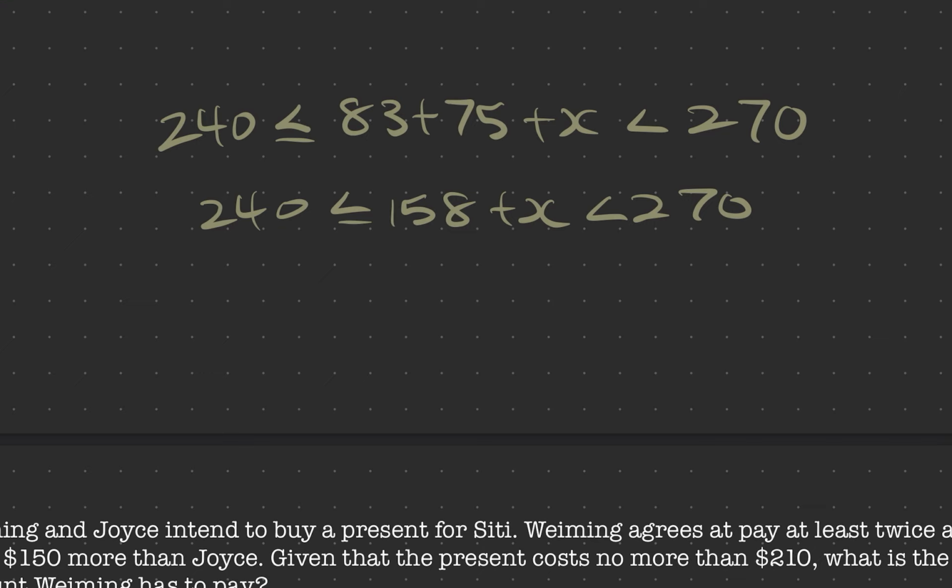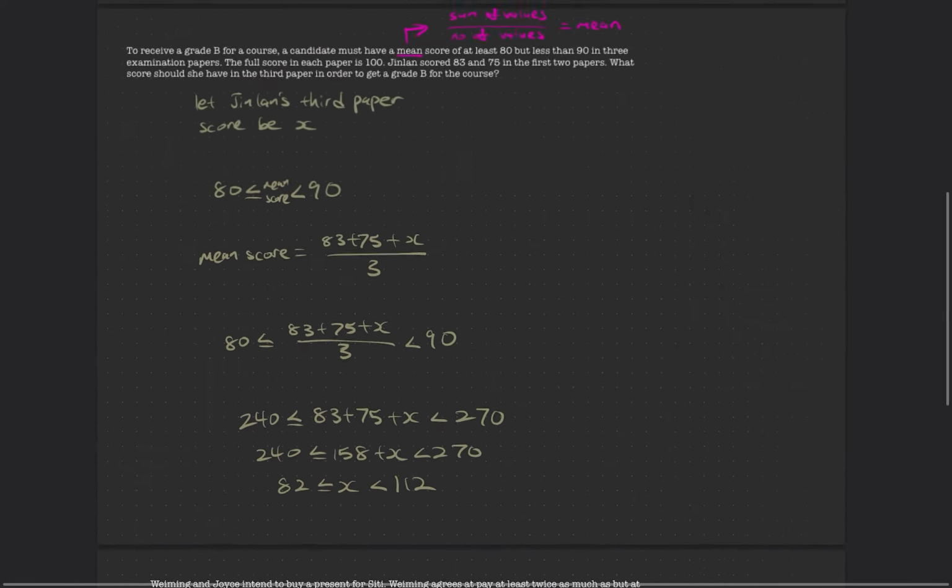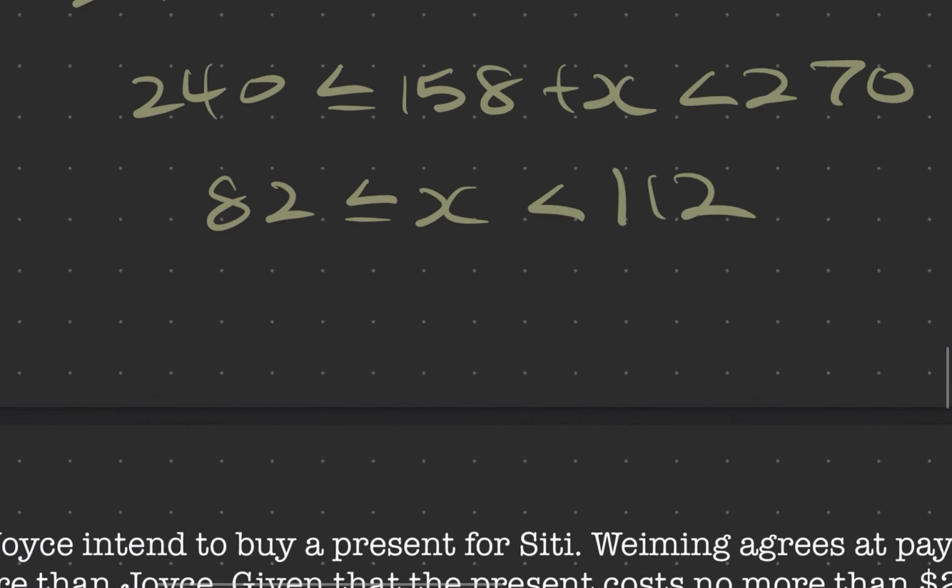So 240 minus 158 will get 82. And 270 minus 158 will get 112. So x has to be greater or equal to 82 and less than 112 in order for Jinlan to get a grade B. But we know that the paper only goes to 100. So the true inequality is actually just